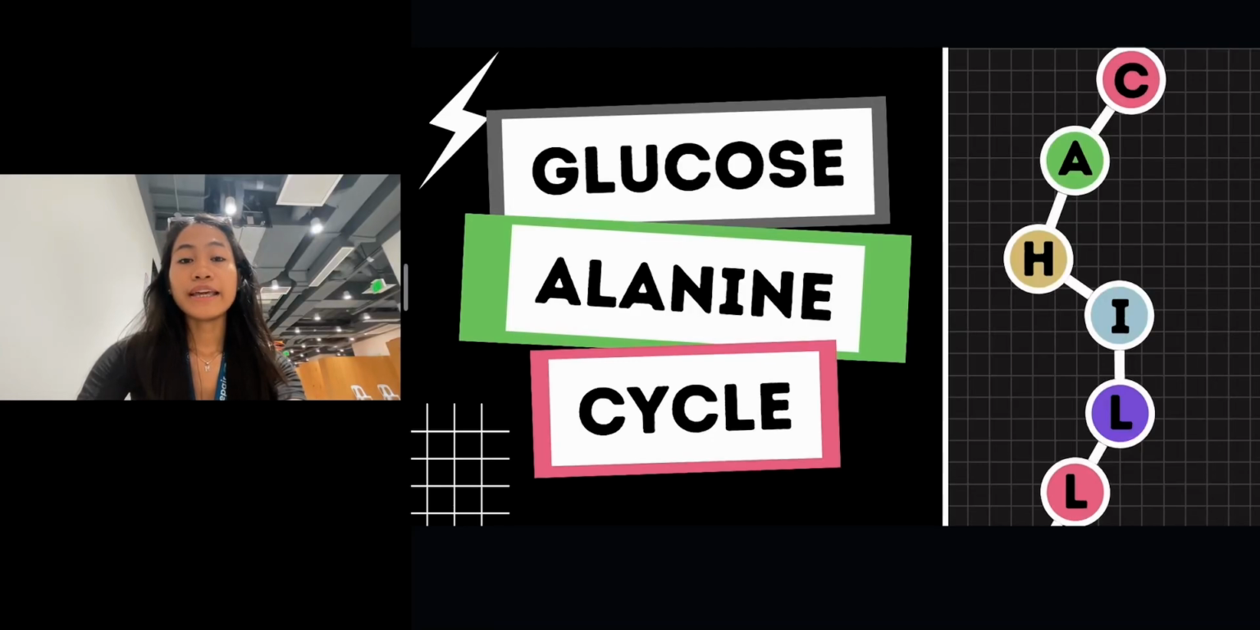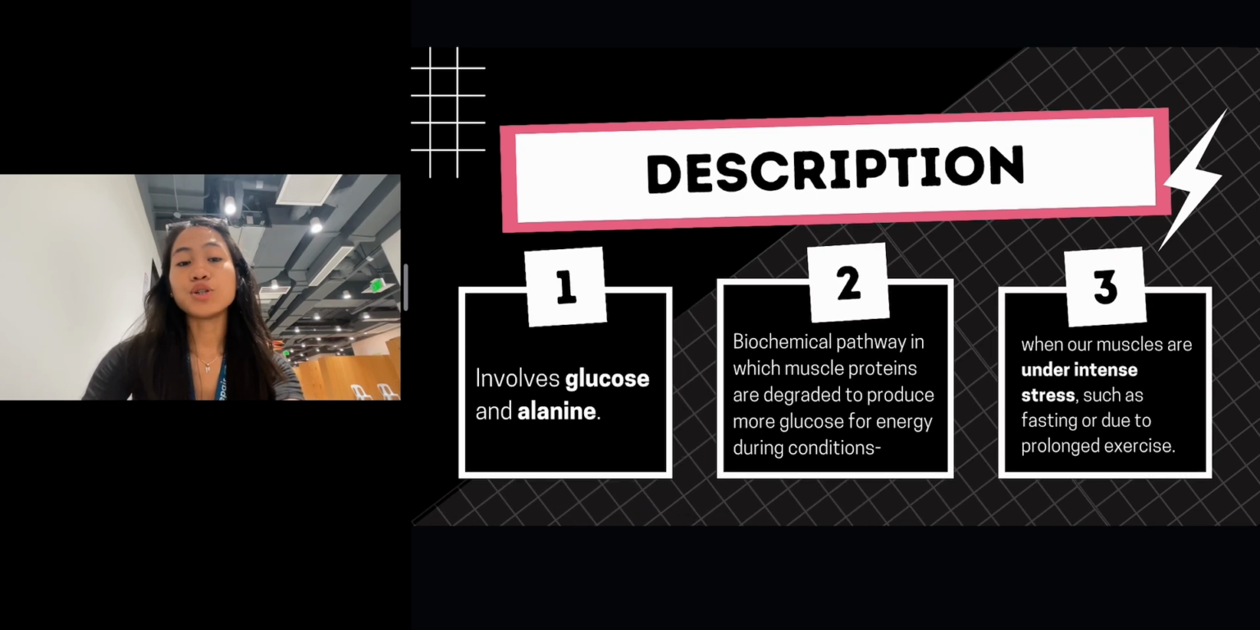Moving on to the Cahill cycle, also known as the glucose-alanine cycle, or simply the alanine cycle. It involves the amino acid alanine and the sugar glucose, where muscle proteins are broken down into amino acids. These amino acids produce ammonium, which is toxic in high amounts, and to safely transport these ammonium ions to the